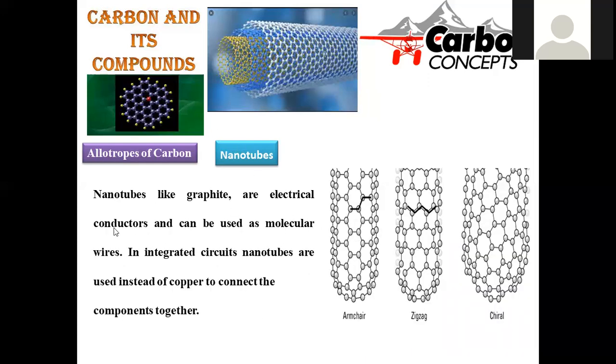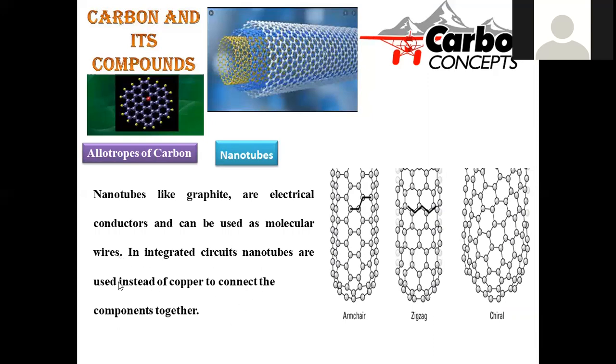Nanotubes, like graphite, are electrical conductors, because here also you can find sp2 hybridization. That's the reason why you can find conductivity in these materials. They are able to pass a free flow of electrons, being associated with unpaired electrons, so that the flow of electrons is possible. Momentum of electrons is said to be the carriage of current. So conduction of current is possible.